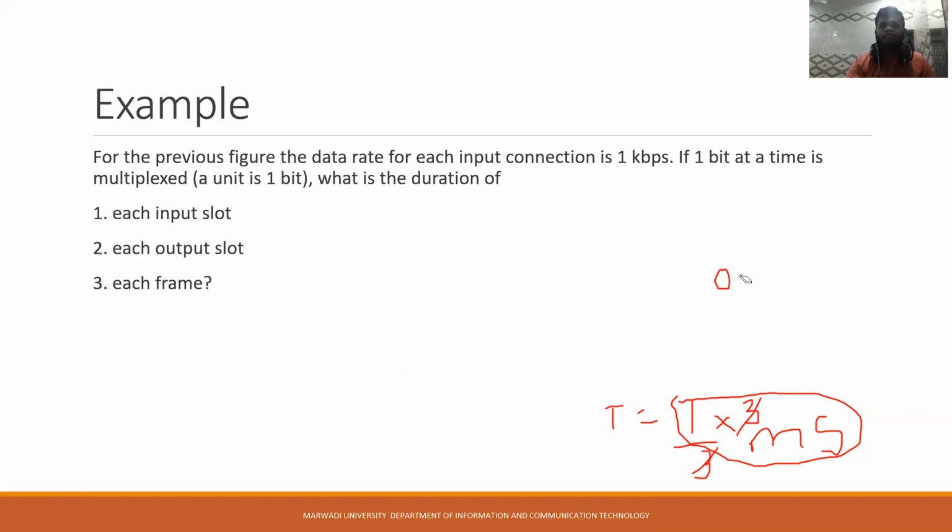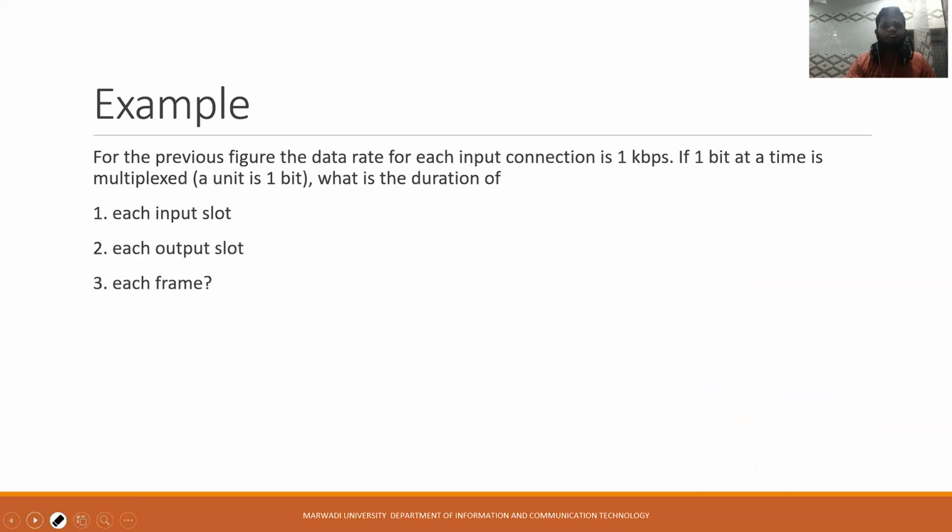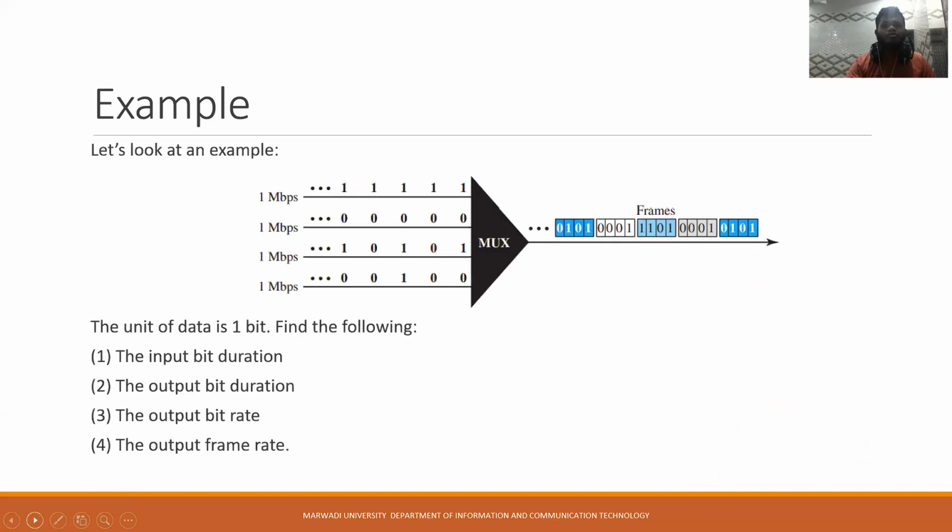That's all for that, and we will move forward. So next we have one more example. Here what we need to find out is, here we have 4 input connections and all 4 are having the 1 Mbps speed. So we need to find the following: the input bit duration, output bit rate, and output frame rate. All right. So what we can do here is,